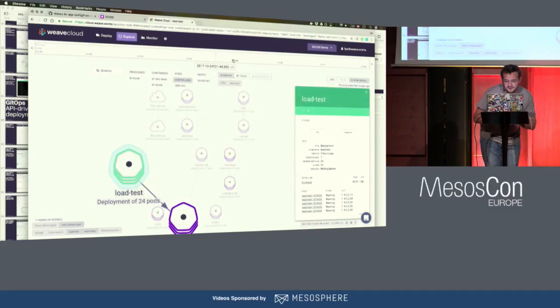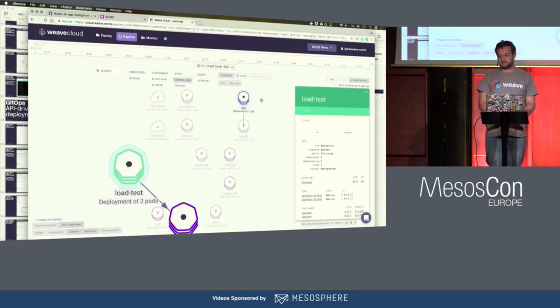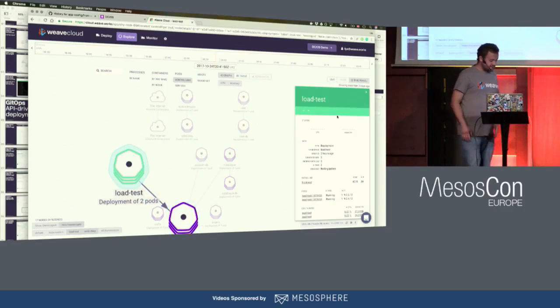Oh, this time scale is super fine. I gotta zoom out a bit more. Yeah, so we can see now it's 2 pods, right? And you know, we can observe things like this. So yeah, well, here comes time travel.